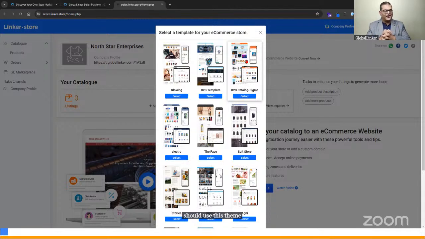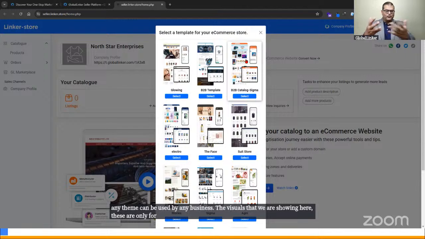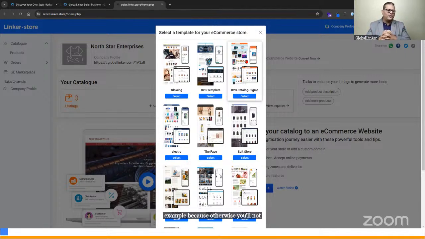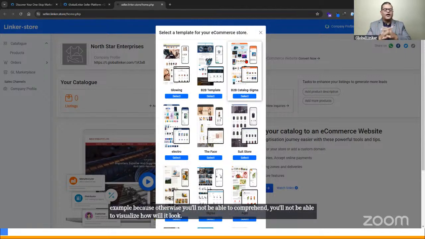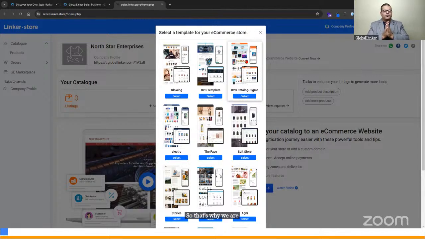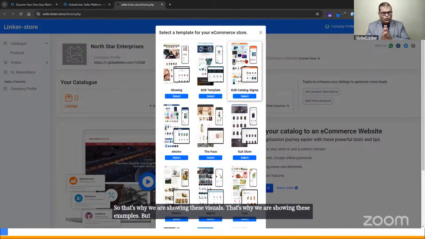This assumption is also wrong. Any theme can be used by any business. The visuals that we are showing here are only for example, because otherwise you'll not be able to visualize how it will look. So that's why we are showing these examples. But any theme can be used by any business, right? So that is the second misconception.